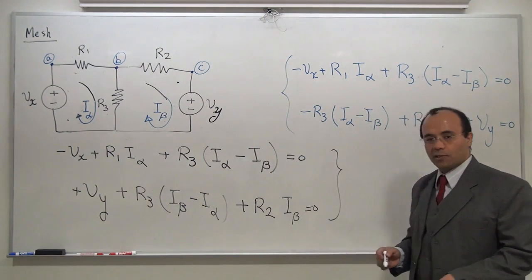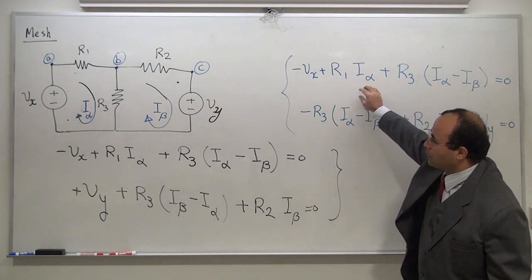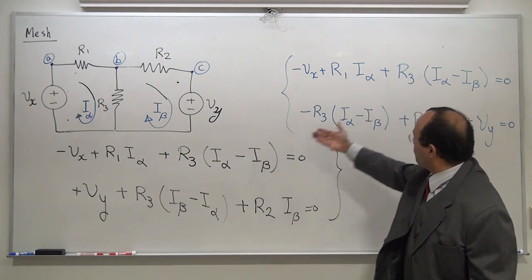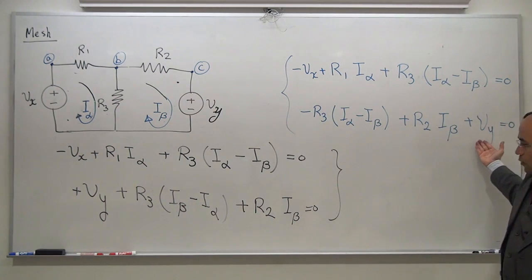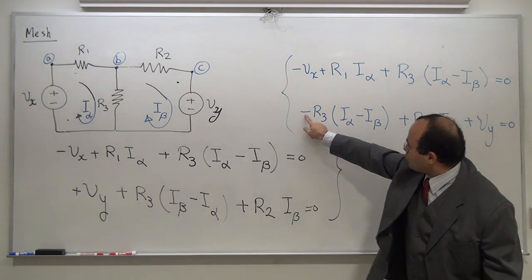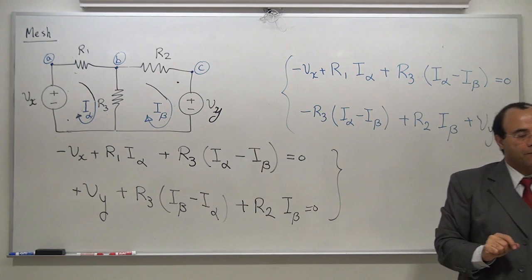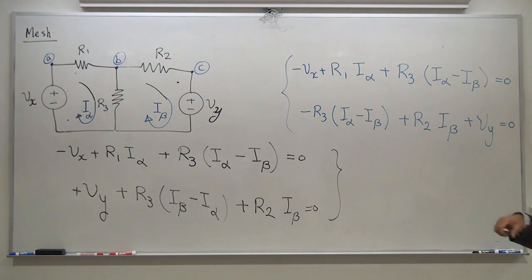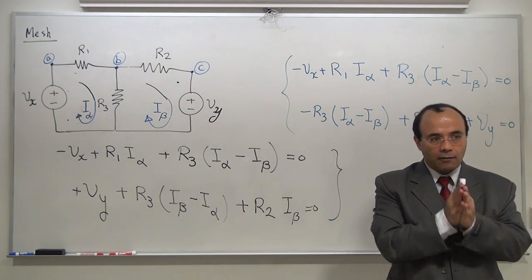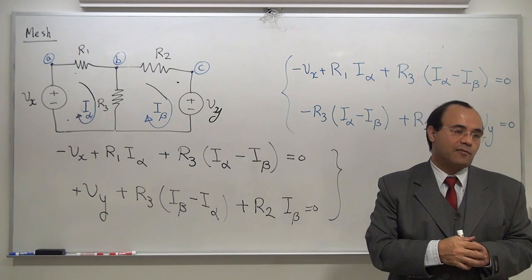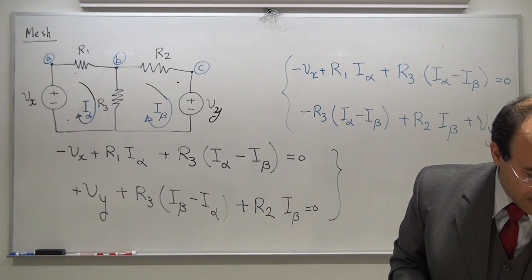I used a silly assumption or two to write this equation, but I want you to see if this is the same as this or not. Vx, R1 I alpha, R3 I alpha, the same. Take a look at this. You have Vy, you have R2 I beta, and if you put this minus inside, you're going to get R3 times I beta minus I alpha. So each time, I'm going to go into the component and see if the directions are agreeing. If they are agreeing, that's the summation. If they are opposing, that's going to be a subtraction. I'm going to solve a number of questions before I begin the concept of